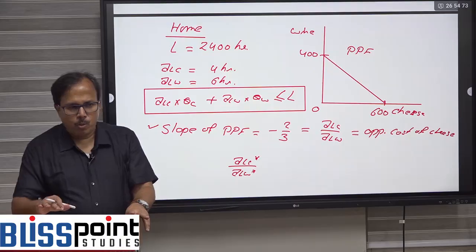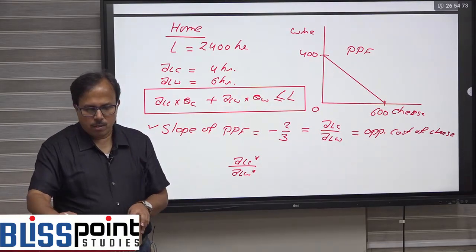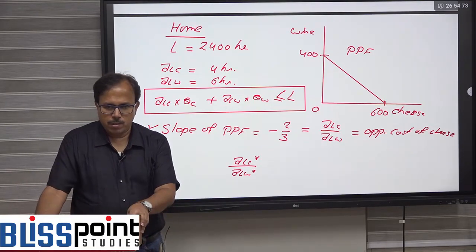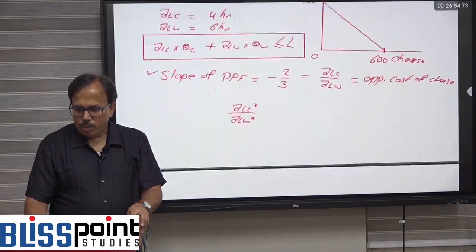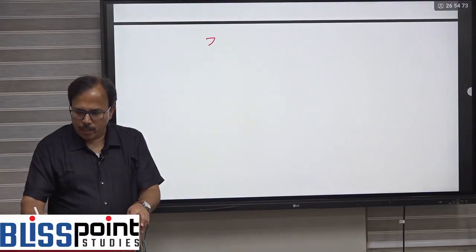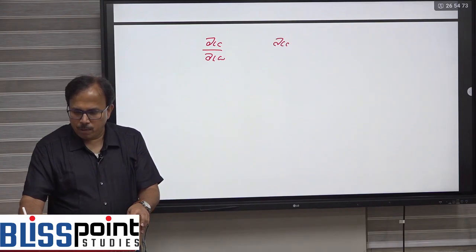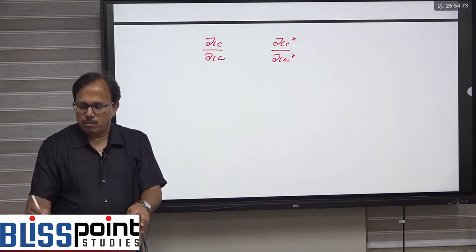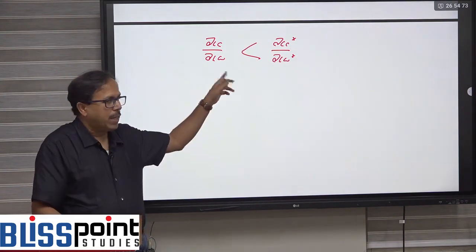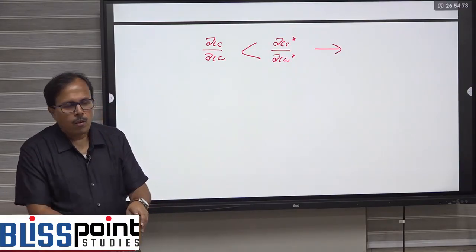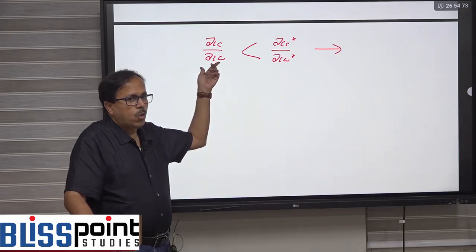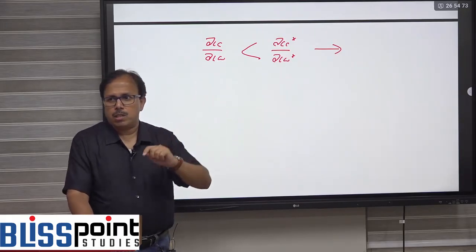First do that. I will give you a numerical question which has come in a past paper. Just write up to this the main idea of the comparative cost advantage. That means we have to calculate one piece of information, this ALC, the other is ALW, and we will compare this number with ALC star upon ALW star. It could be this, it could be the other way around, it could be the same also. So if this is the case, then what is the interpretation? Opportunity cost of cheese is less in the home country, so the home country will specialize in cheese and the foreign country will specialize in